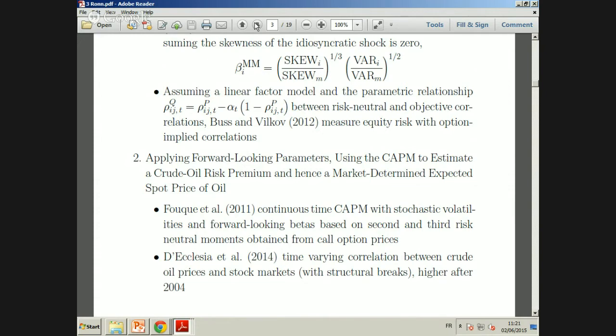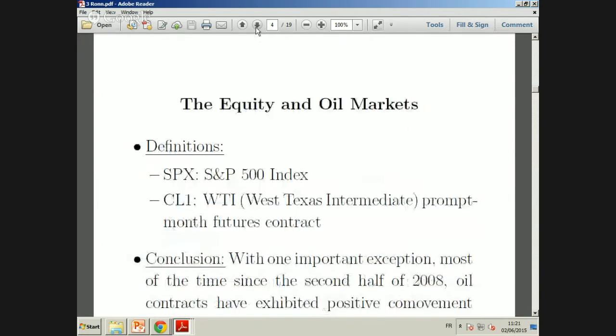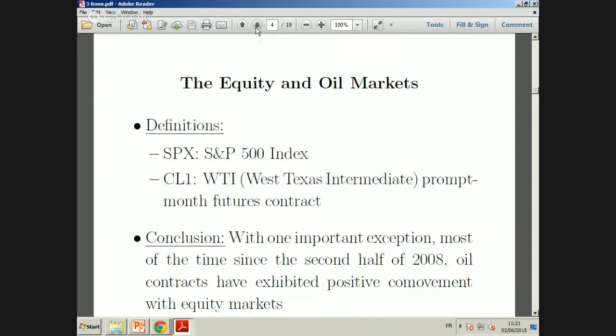By way of motivation, ladies and gentlemen, I'd like to present to you the following. And some of these ticker symbols that I'll use are Bloomberg ones, so they're the ones where we extract the data. And so what we're looking at here is the S&P 500 in terms of the equity market representation. And CL1 is the prompt month futures contract for oil, the one that is indeed traded at Cushing, as Sebastian said. So what I'd like to show you here,